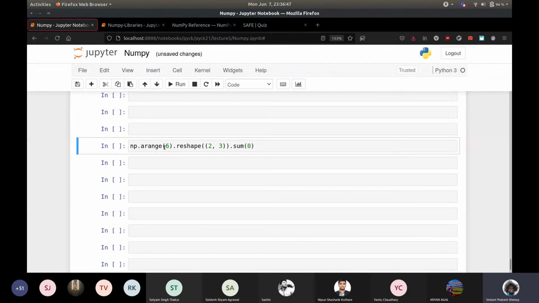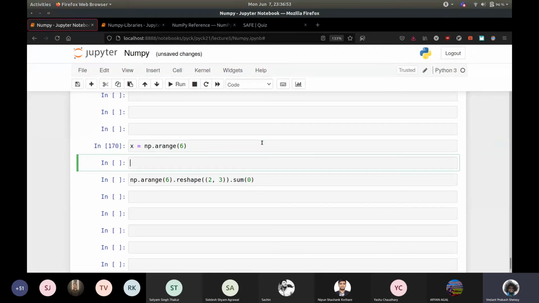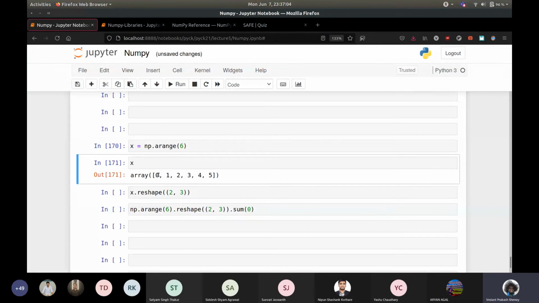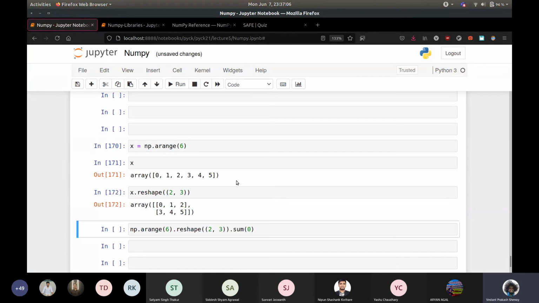Okay, so there's a lot of things happening here. So let's just split it up. Let's just call x equal to np.arange(6). Okay, so now x.reshape(2,3) should basically give us 0, 1, 2, 3, 4, 5. And that's what it gives us.